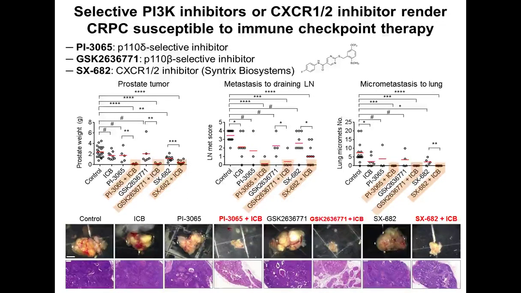Because we know that in these models, CXCR1 and CXCR2 signaling is crucial for recruitment of MDSCs to the microenvironment. Similarly to what I showed earlier, we either treat the CRPC with a single drug of each of these, or ICB, or we do the combination treatment. You see that the combination of the isoform-specific inhibitor is very effective when you combine it with ICB, eliciting a significant anti-tumor effect for the CRPC. This was also seen with the CXCR1/2 inhibitor in combination with ICB.